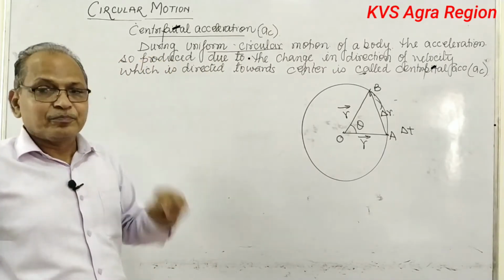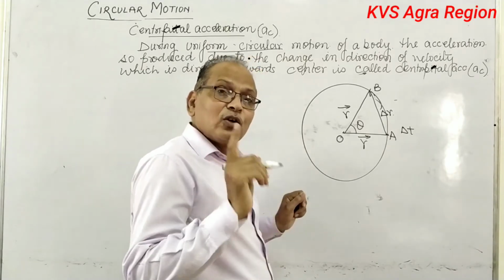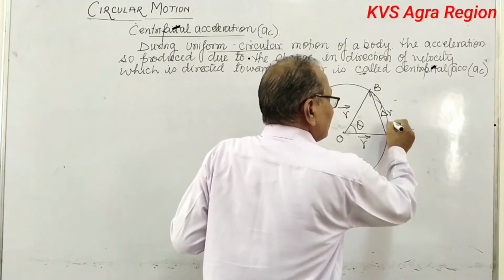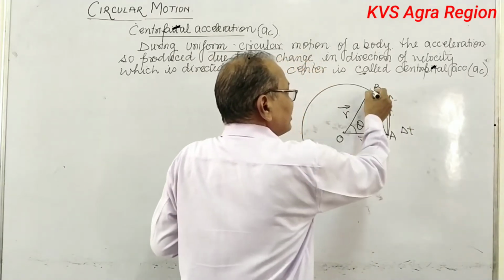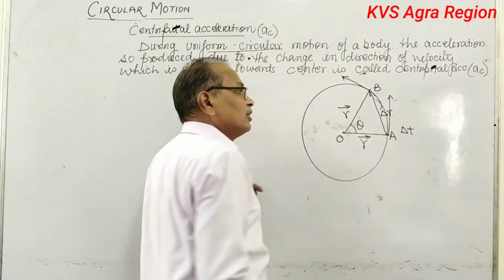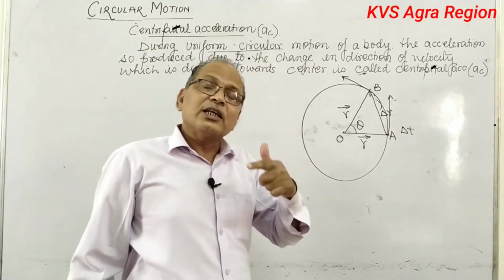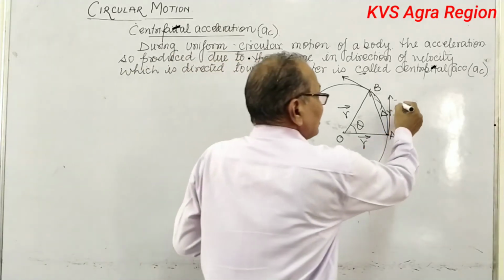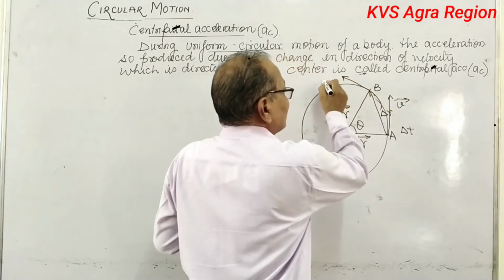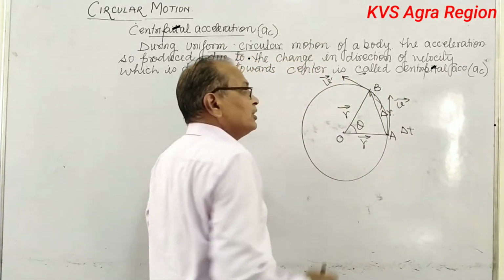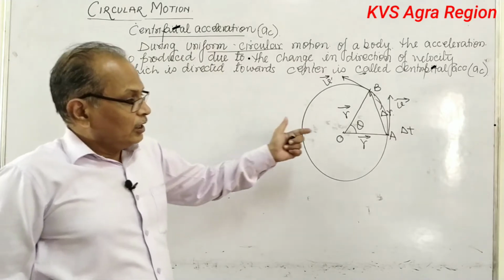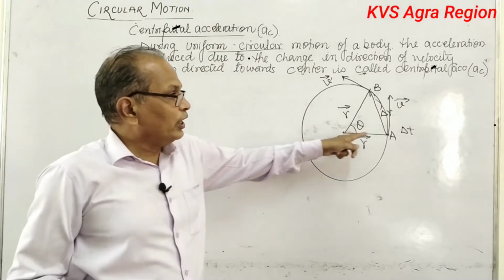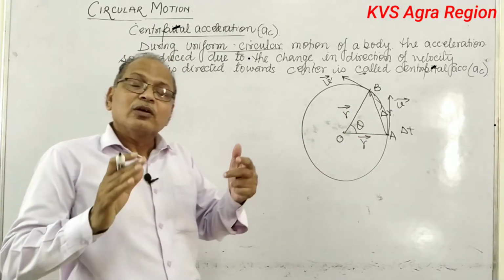This is delta r. Now draw the direction of velocity. Velocity is always along the direction of the tangent. So here the velocity will be like this, and here the velocity will be like this. Now see, the direction of velocity, which is along the tangent, is different. So let it be a v vector and a v dash vector. Direction is different. This is the triangle OAB for the radius vector.